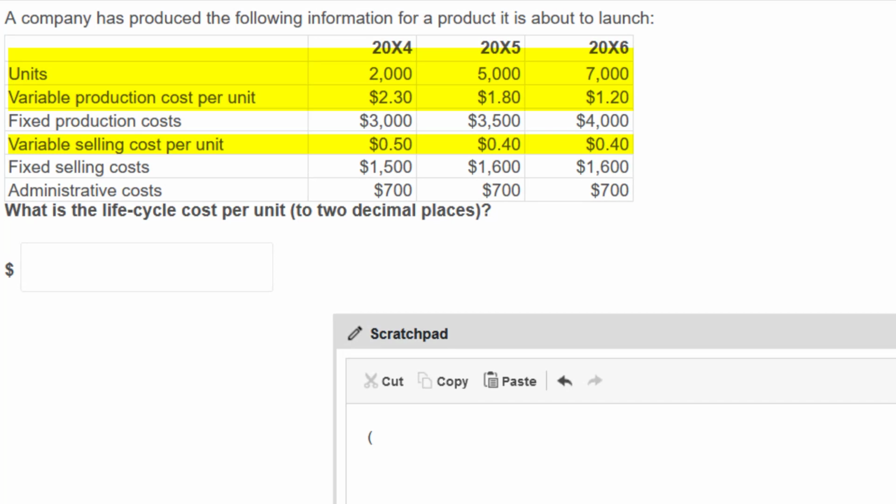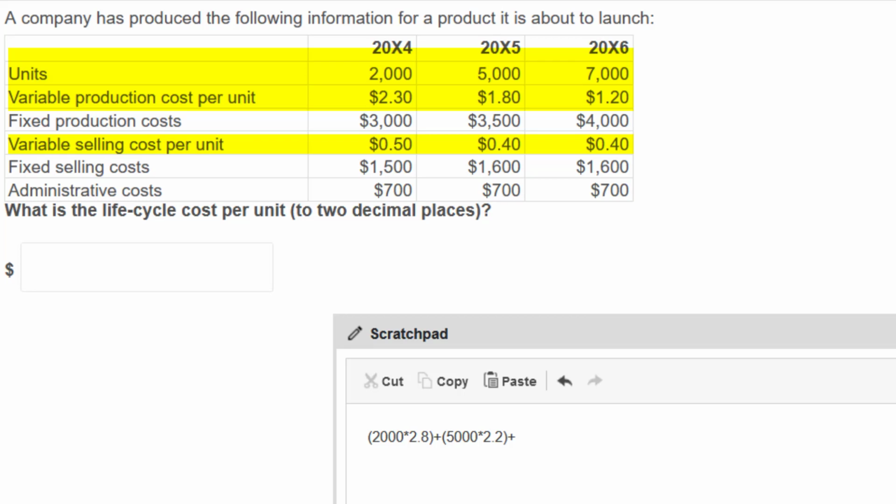And we're going to have in 2004, that's 2,000 units multiplied by the two variable costs, 230 plus 50 cents, that's going to be times 2.8, plus in 2005, we've got 5,000 units multiplied by the 1.8 and the 0.4, so that's going to be multiplied by 2.2